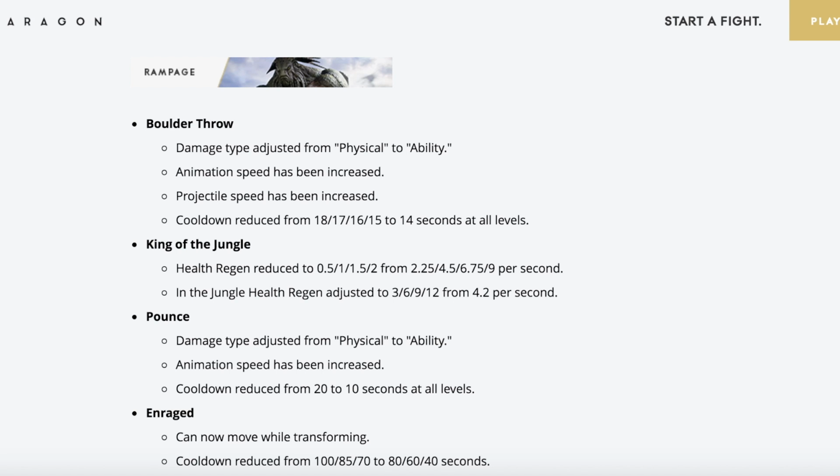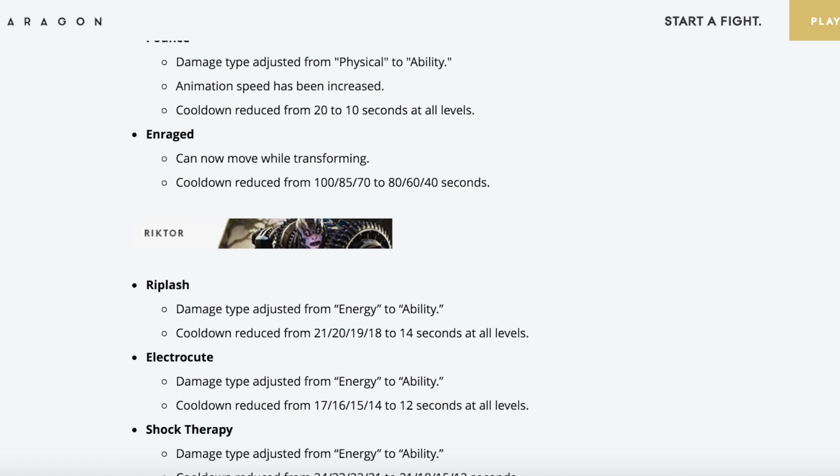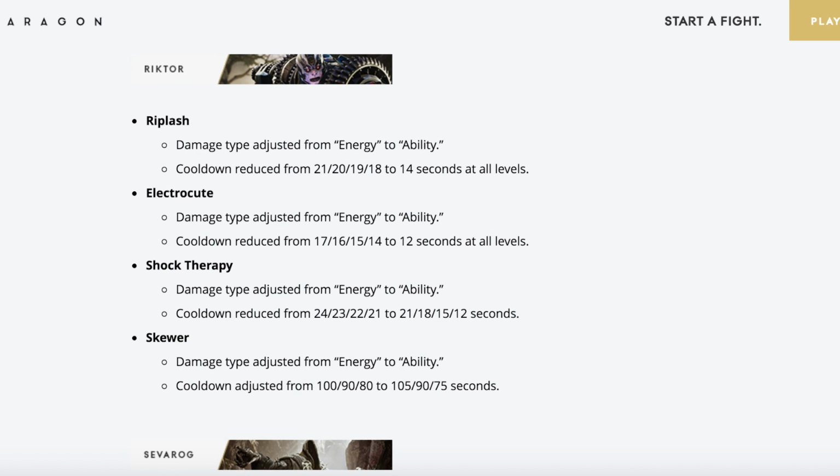Enrage, you can now move while transforming, cooldown reduced from 100, 85, 70 to 80, 60, and lastly 40 seconds. Richter, Whiplash, damage type adjusted from energy to ability, cooldown reduced from 21, 20, 19, 18 to 14 seconds at all levels. Electrocute, damage type adjusted from energy to ability, cooldown reduced from 17, 16, 15, 14 to 12 seconds